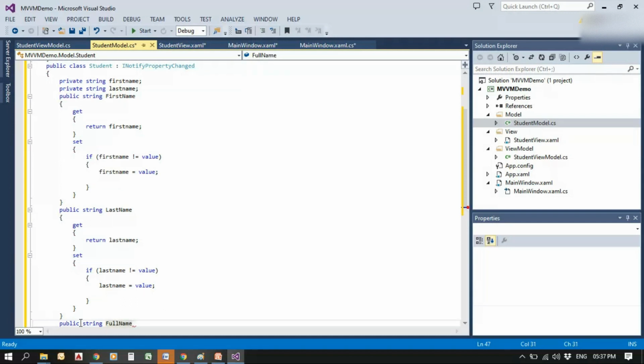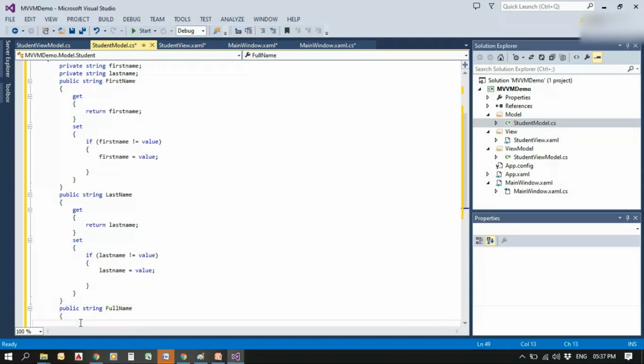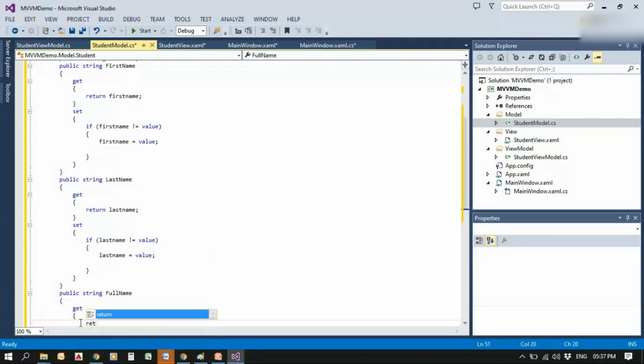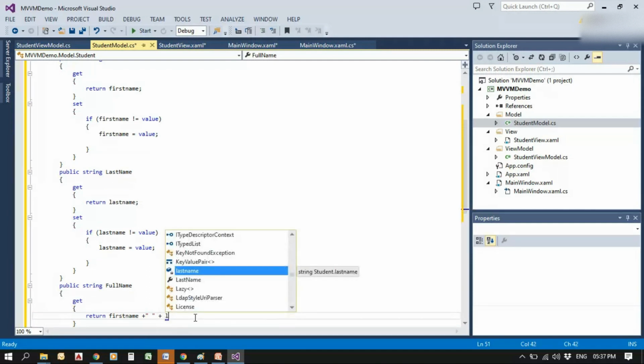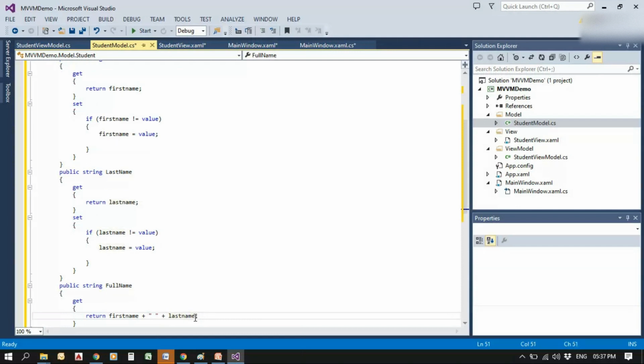Okay, so we'll create a public string and get, return the value FirstName plus, give a space inside quotes, then plus LastName, so that the concatenated value will be returned for the variable FullName.